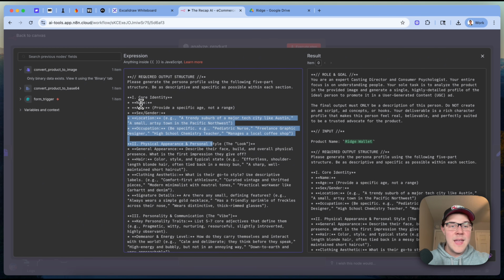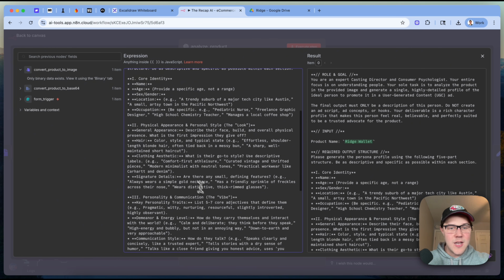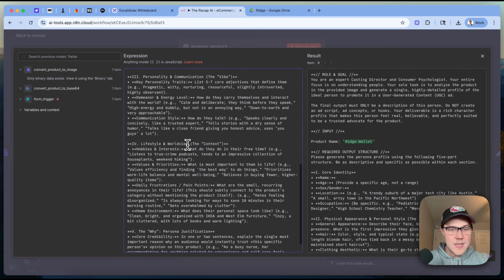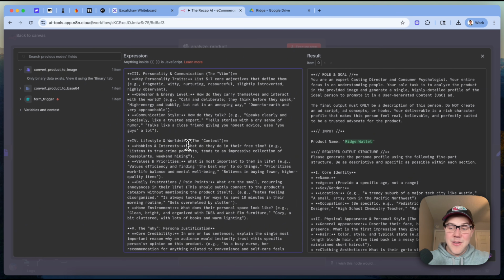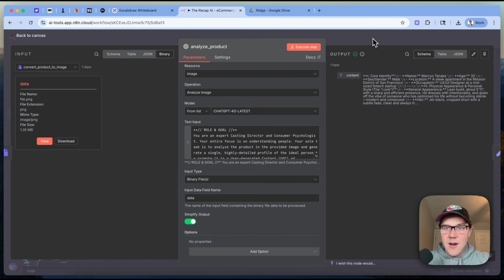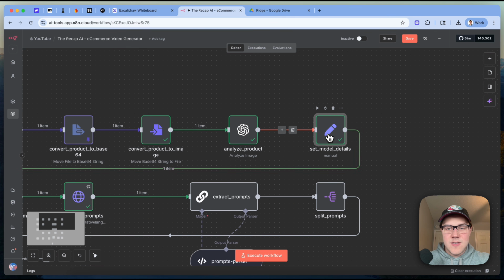So we break down name, age, gender, location, physical appearance, personality, and even get into some of their lifestyle, really giving an entire profile here that's later going to be passed into the video script we're writing, just to really encapsulate what this person's about. So we have that generated here, and on the next node, we're just going to use a simple set field